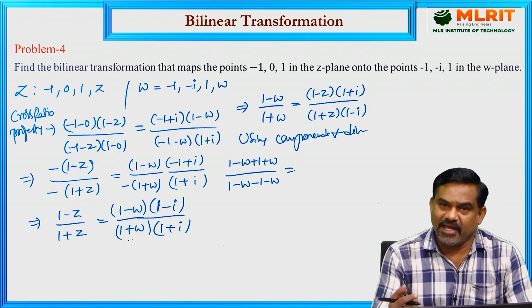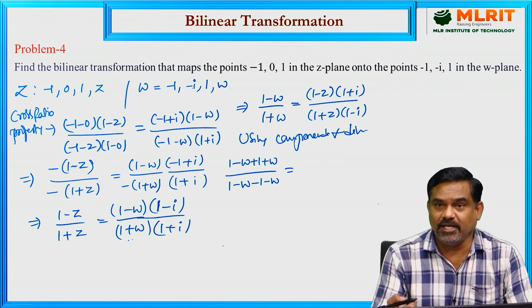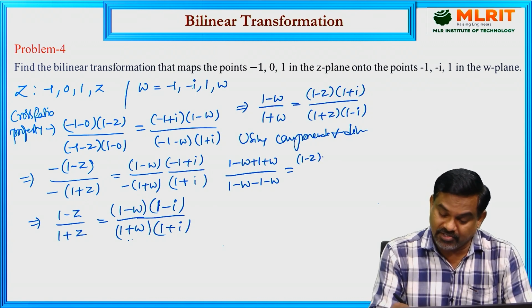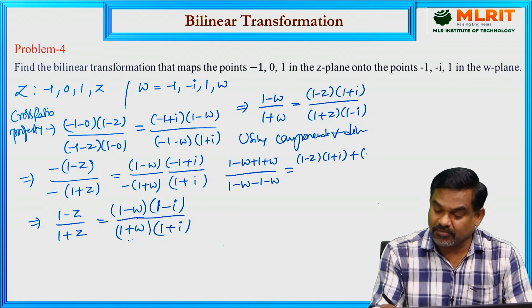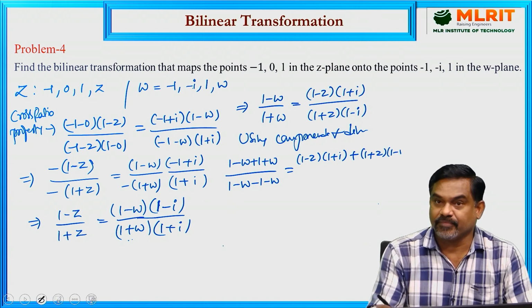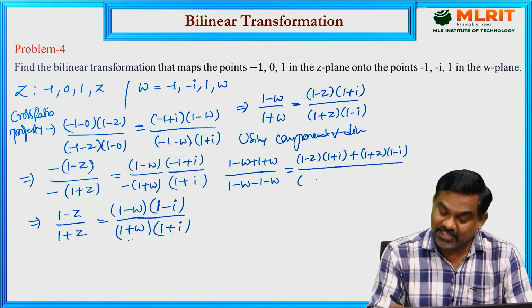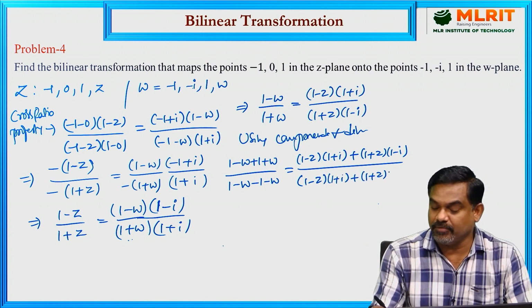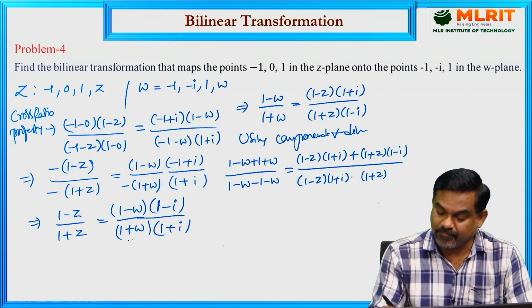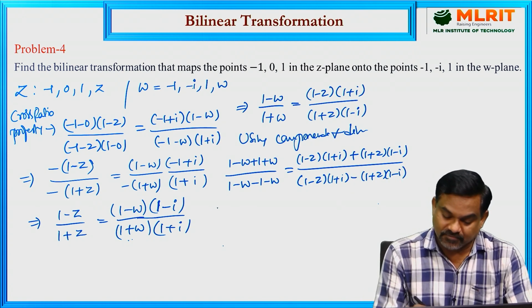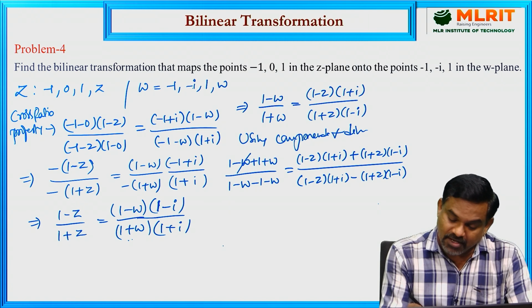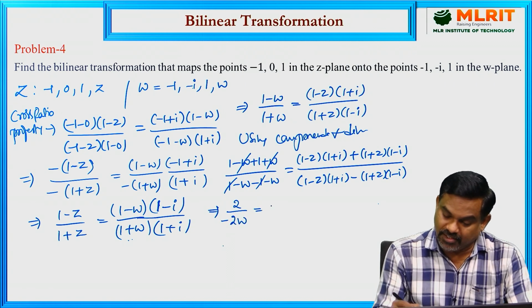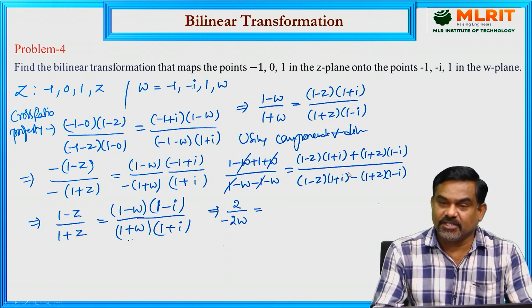A plus B by A minus B is equal to C plus D by C minus D. So 1 minus Z into 1 plus I plus 1 plus Z into 1 minus I by C minus D: 1 minus Z into 1 plus I plus 1 plus Z into, here minus sign, 1 minus I. By simplifying here, minus W plus W, minus 1 plus 1. So 2 by minus 2w is equal to, now we need to simplify this fraction, 1